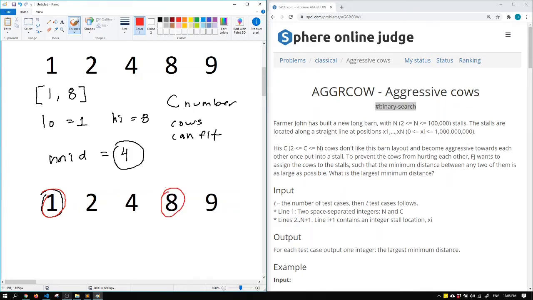The next stall that we should be looking for is 12, because 8 plus 4 is 12. But unfortunately, there is no stall number that is greater than or equal to 12. So therefore, 4 is not a valid answer. That means this answer is too big, and we need to look at the smaller left half of the range. So after this, we would move down to low equals